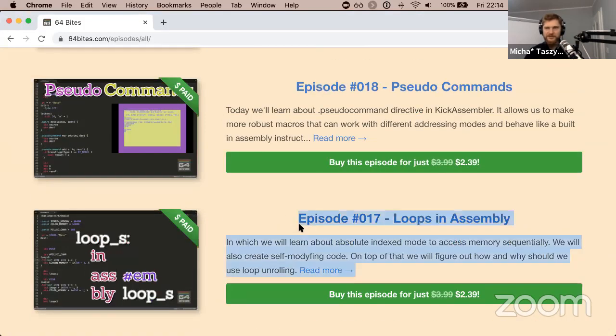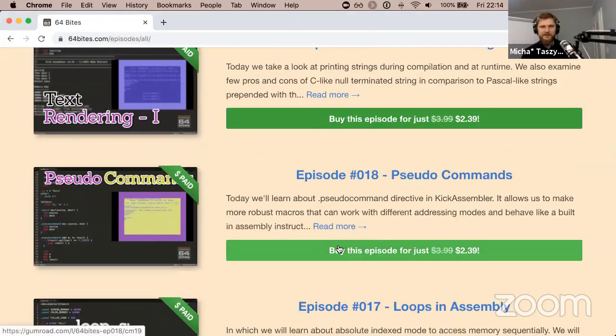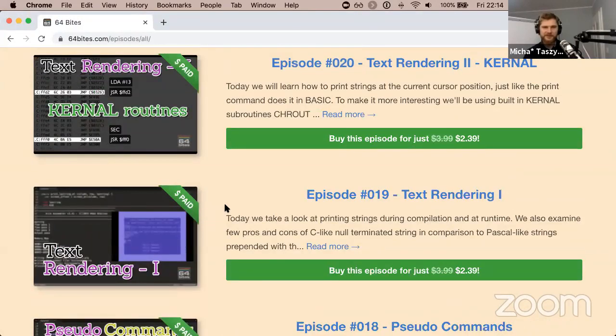And then we start to do some loops, because like for loops, there is no such thing as a for loop in assembly. We need to do it by hand by using branching instructions to jump around the code. And then we learn about the text rendering,